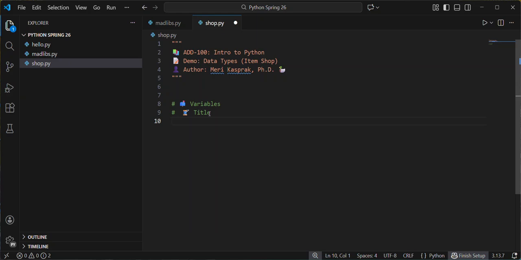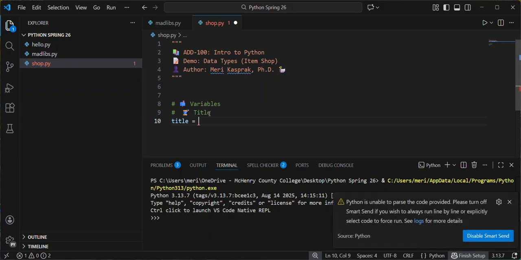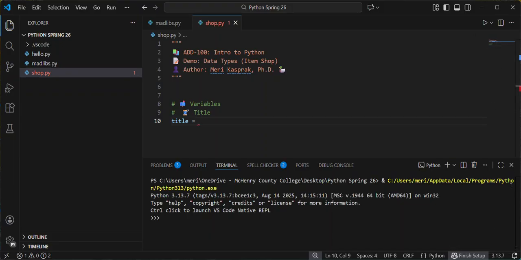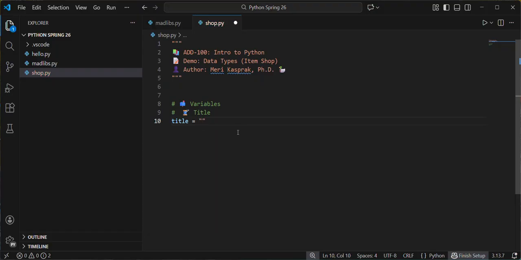So I'm going to put in title equals magical item. I gotta put that in quotes because it's a string. Strings go in quotes. And so I could have just done this as a literal without the strings would have been a literal. I could have just done it that way. So I could have just done